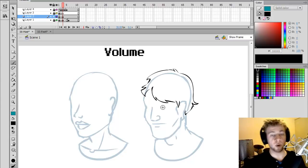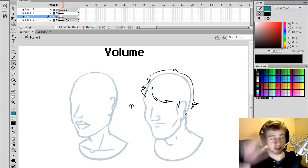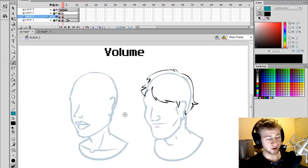It's even more important when drawing female hair. It's very much one of the most accentuating things about drawing a recognizable person, or our hair makes us look like a different character. If I shaved my head, I would look very different. So with volume on women's hair,